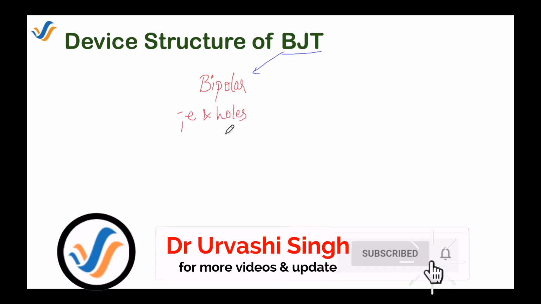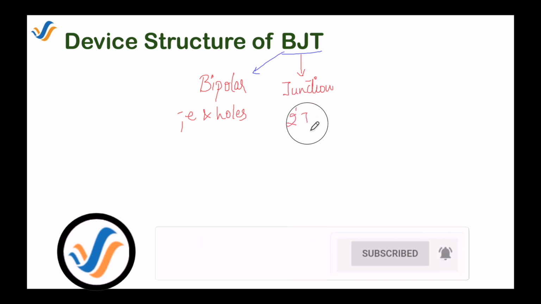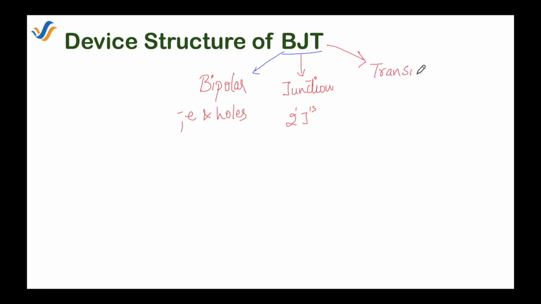As you know, BJT is the bipolar junction transistor, which shows that the BJT is a bipolar device because in the current conduction process both electrons and holes participate. Here J signifies that the BJT is a junction device and there are two junctions in the BJT, and T is for transistor, where transistor is the short form of transfer of resistor. Transfer of resistor is the basic principle of amplification in the BJT. And how does this happen? We will see in the next video.